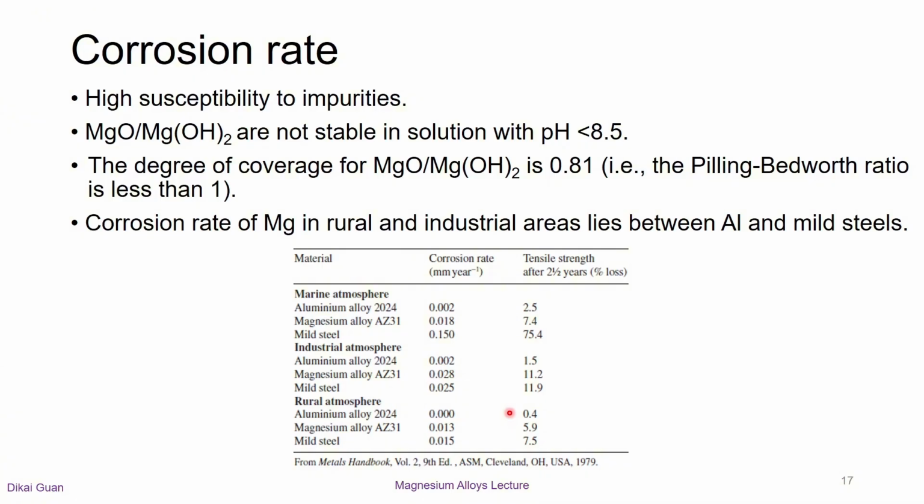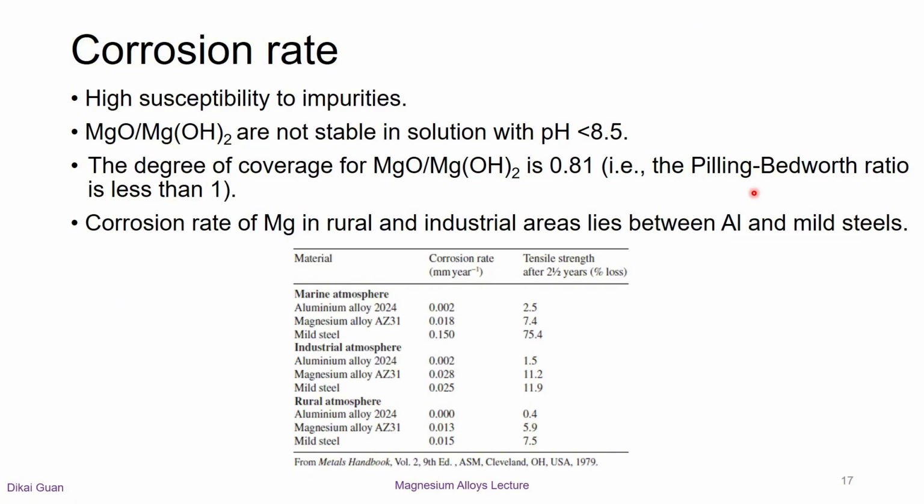The passivating layer on the magnesium is not dense. Even from a theoretical point of view, the degree of coverage, obtained from the quotient of the specific volume of the magnesium hydroxide and the magnesium metal, is less than 1. This quotient, which is referred to as the Pilling-Bedworth ratio, has a value of 0.81 for an existing passivated layer consisting mainly of magnesium